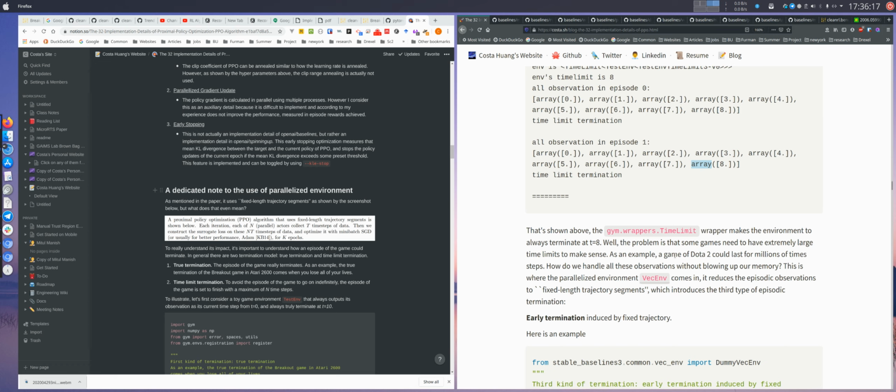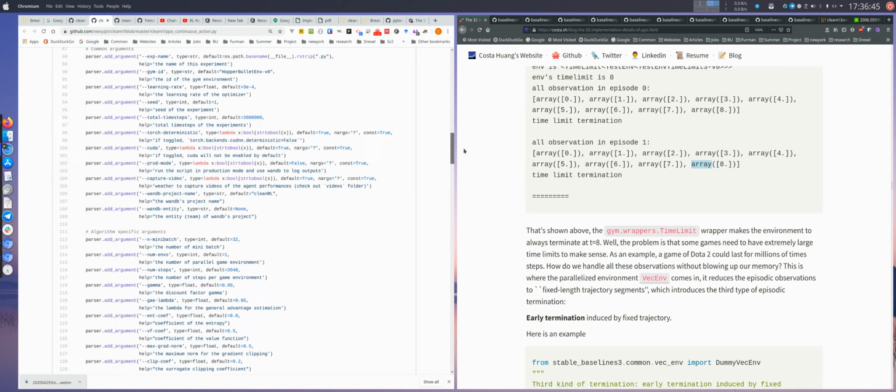However, as I mentioned, even if you added the time limit, sometimes the time limit could be very huge. So in a game of Dota 2 that lasts for millions of time steps, actually, by reading the paper, I realized it's more like hundreds of thousands of time steps. But how do we handle all these observations without blowing out the memory? So if you look at how the PPO